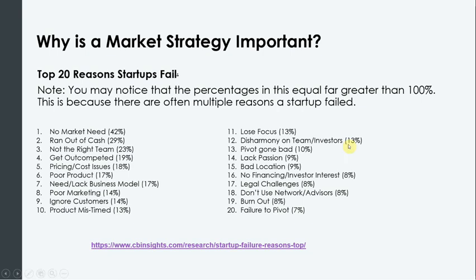Disharmony on team or investors. Pivot gone bad. Lack of passion. Bad locations. No financing or investor interest. Legal challenge. Not using network advisors. Burnout. Failure to pivot. All these 20 reasons will lead any startup business or product to fail in the market,